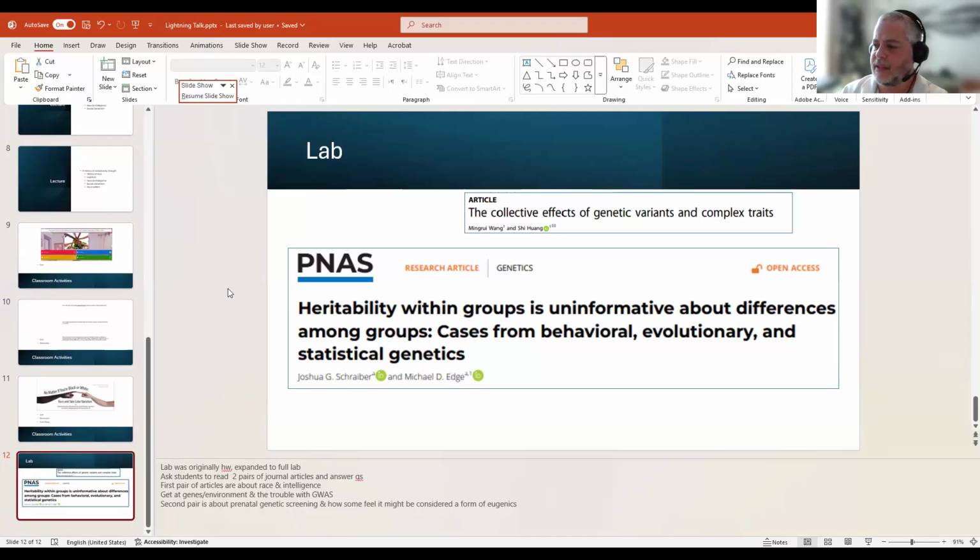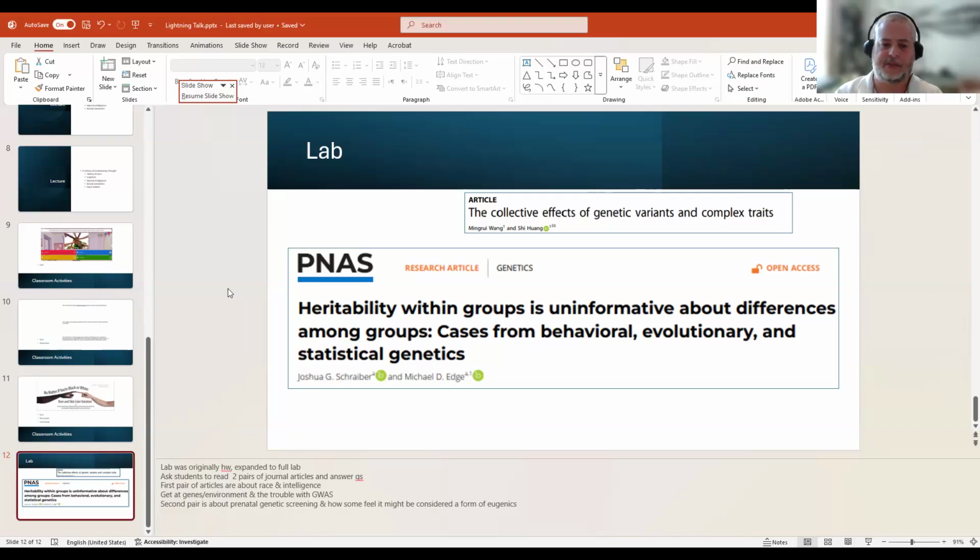And the lab actually started out as a homework assignment, and I expanded it into a full lab this past semester. I asked students to read 2 pairs of journal articles and answer questions about them. The first pair of articles are about race and intelligence. And the first article that I asked them to read